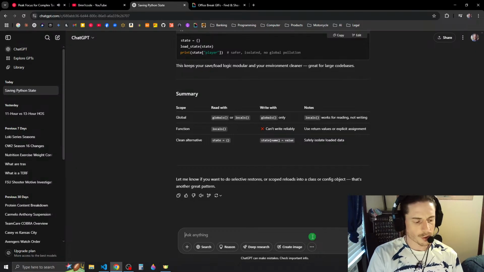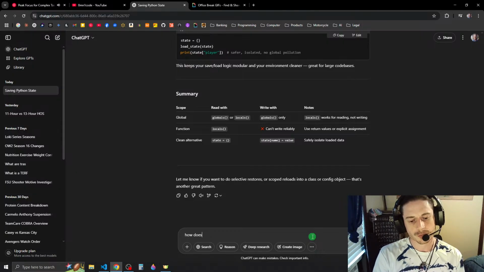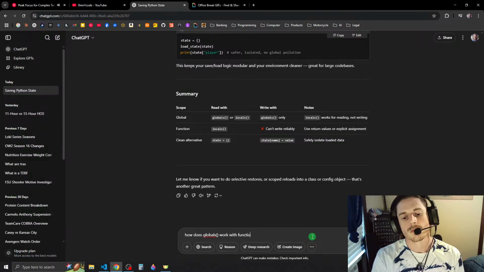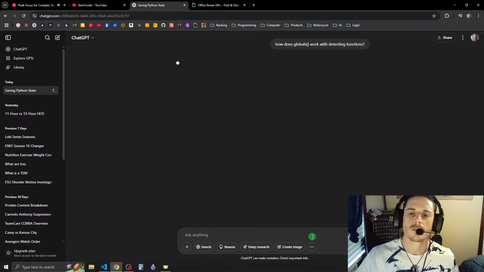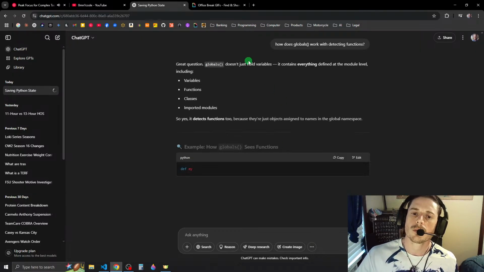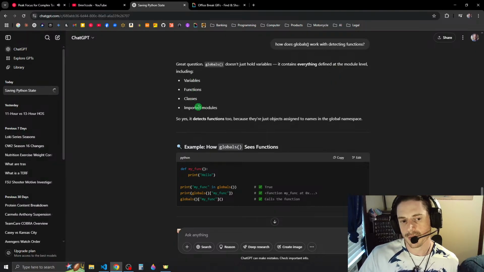How does globals work with functions, though? Like, how does that work? Globals doesn't just hold variables, it contains everything defined at the module level, including variables, functions, classes, and imported modules.